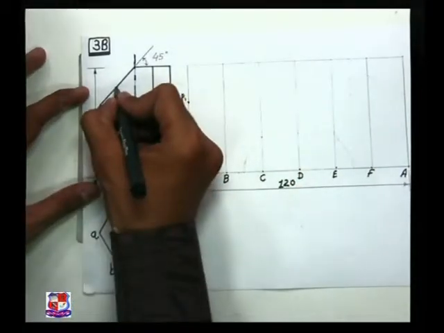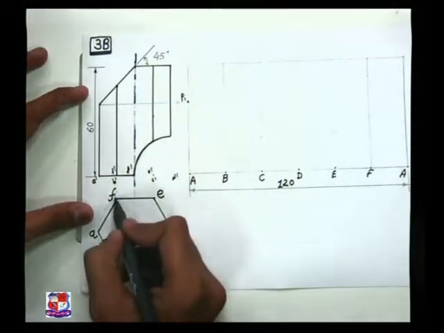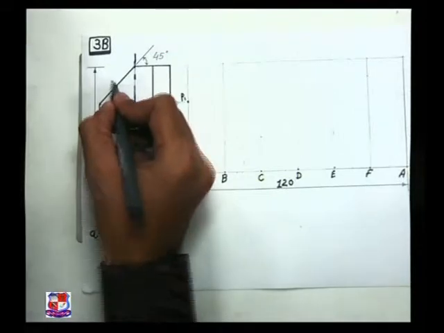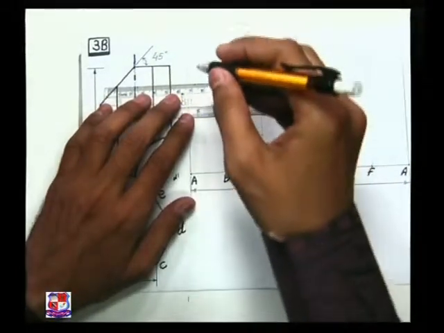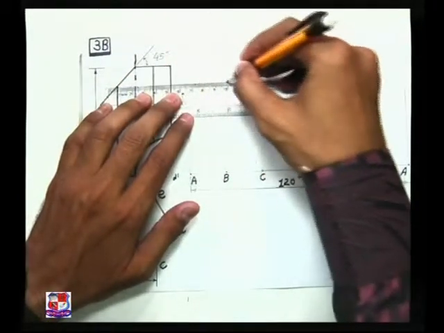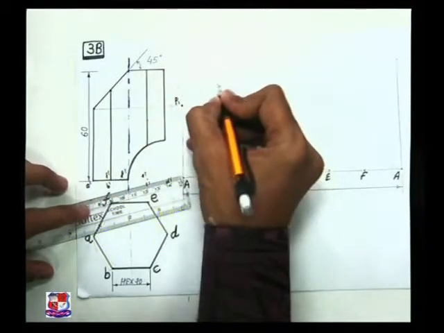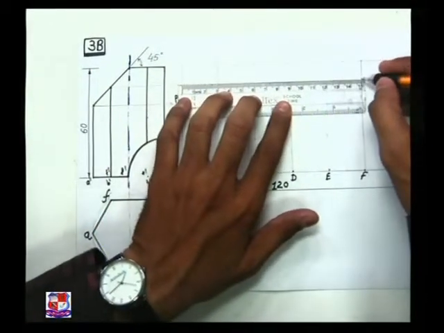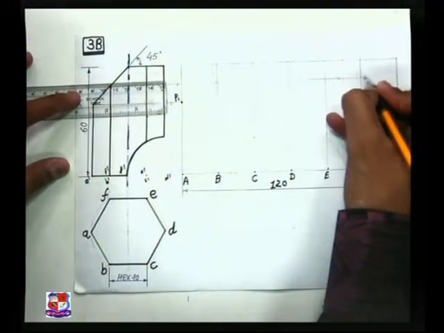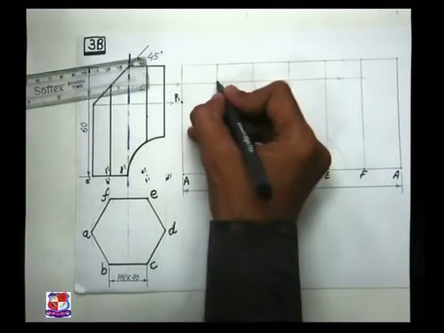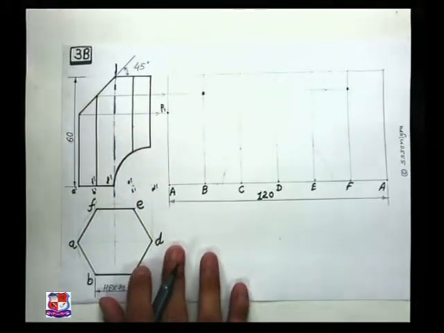Similarly, here 2 points are there on edges B and F. So from that draw horizontal lines up to B and F. So from here draw a horizontal line up to B, somewhere here like this, and up to F. F is here like this. So here another point is there. So mark the points like this. One point is here, another point is here.